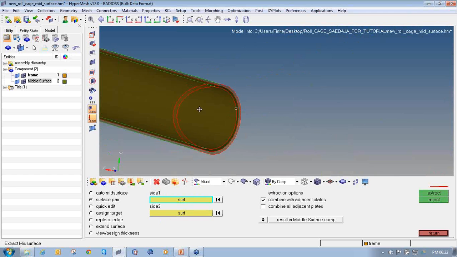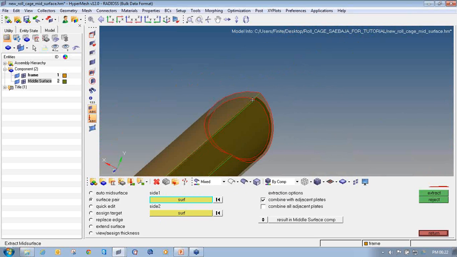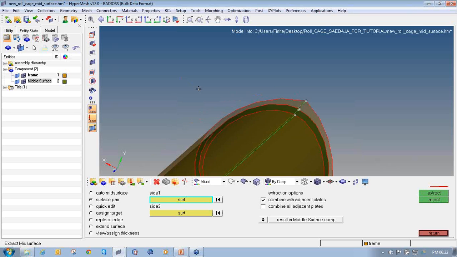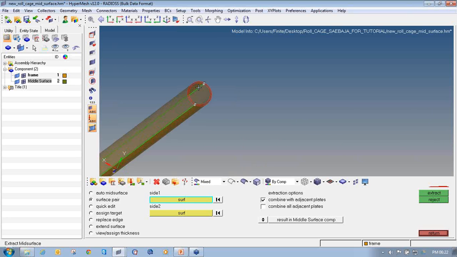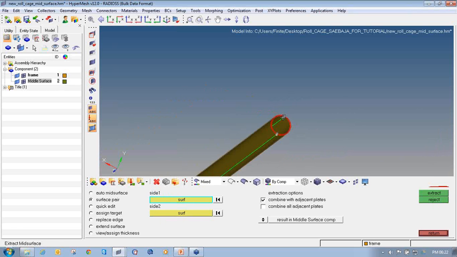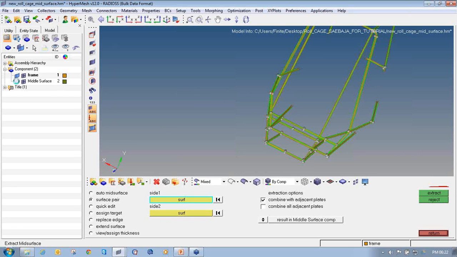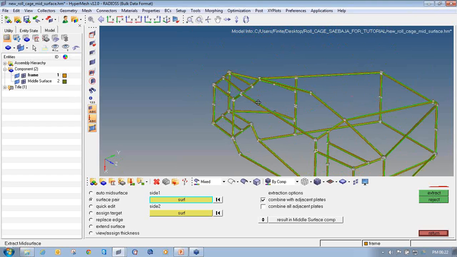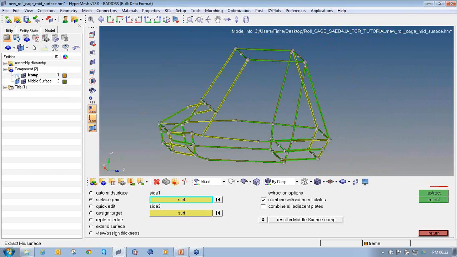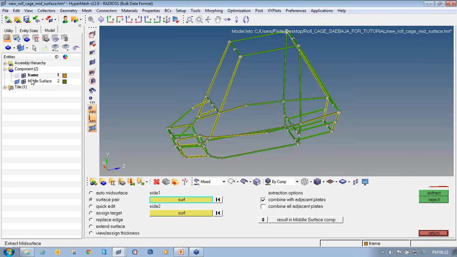If you press the scroll button it will do the highlighted option, so highlighted is extract. If you click on the scroll mouse button, it will do the highlighted option. Similarly for this structure, first this, second, and first this and second, so it has created the mid surface again. So if you turn these two surfaces on and off, and turn this off again, you can find that none of the surfaces are missing,